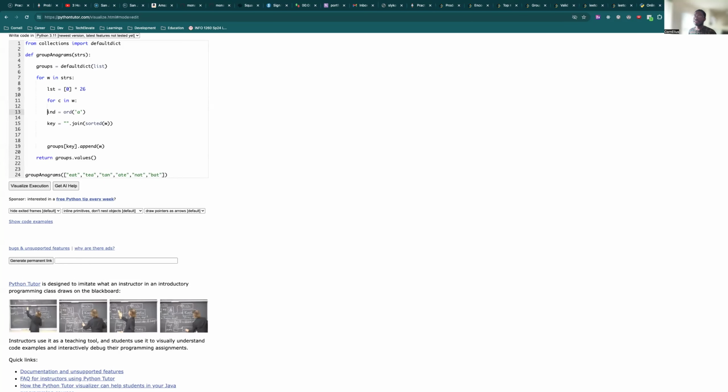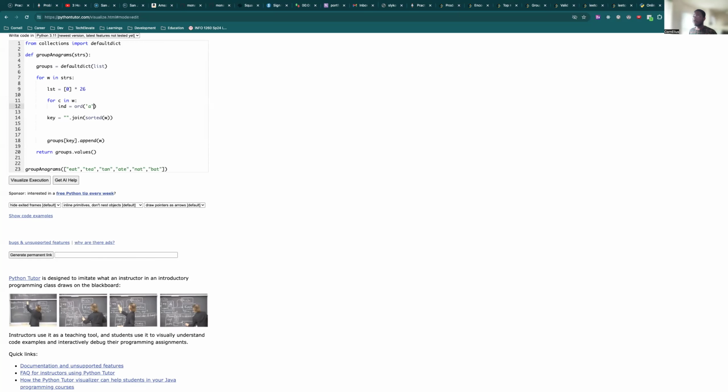Then the index of that character is 2 for loops, but this for loop is actually very efficient compared to the sorting you're doing. It's super efficient. Hopefully next week, you actually go over time complexity. So I'll get the programming index of that character, then I'll subtract ord A from it. So look at what is happening here. If the character is A, it's going to be 97 minus 97.